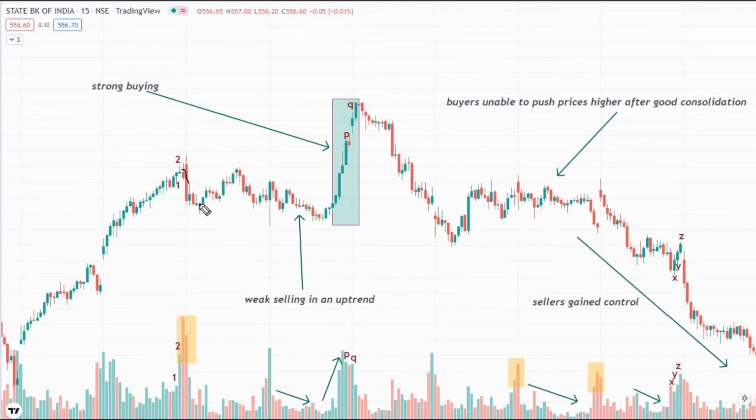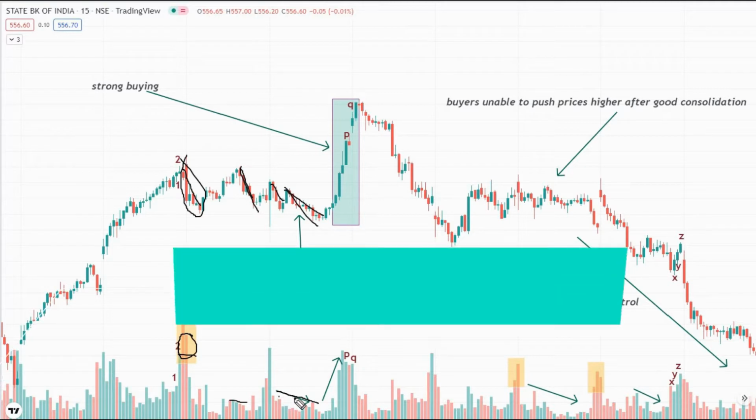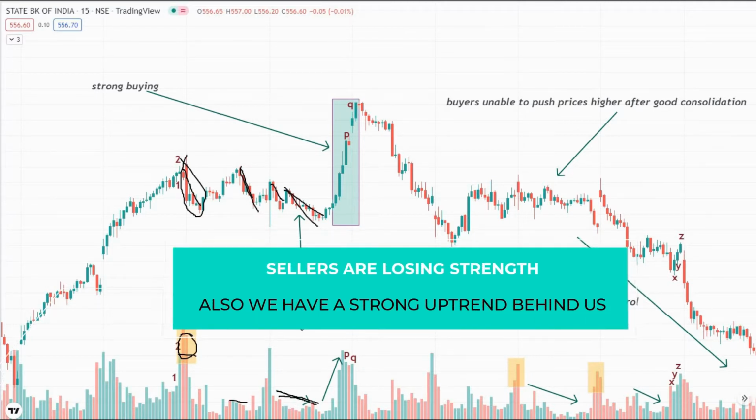compare the selling legs. The selling legs are also indicating that sellers are losing momentum, and also the volumes are going down. Here there's a sharp selling momentum. Here volumes have come down significantly from here. Here volumes have come down even lower. So this is an indication that sellers are losing momentum in this